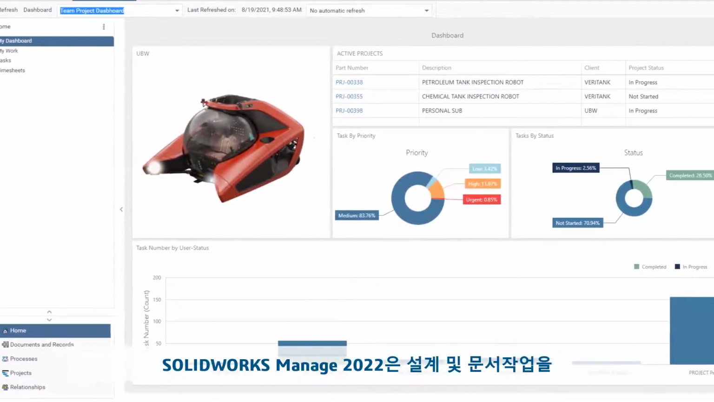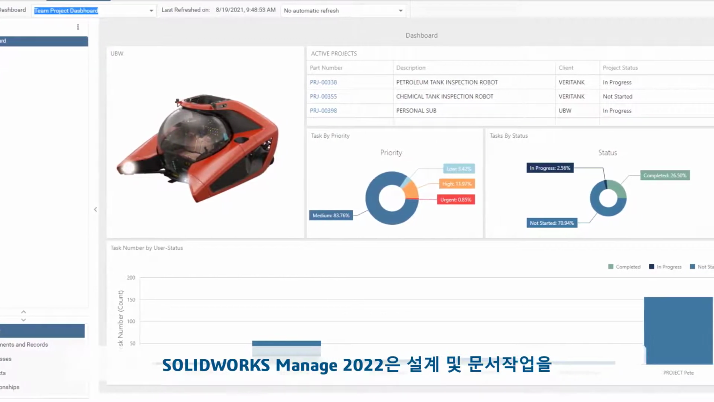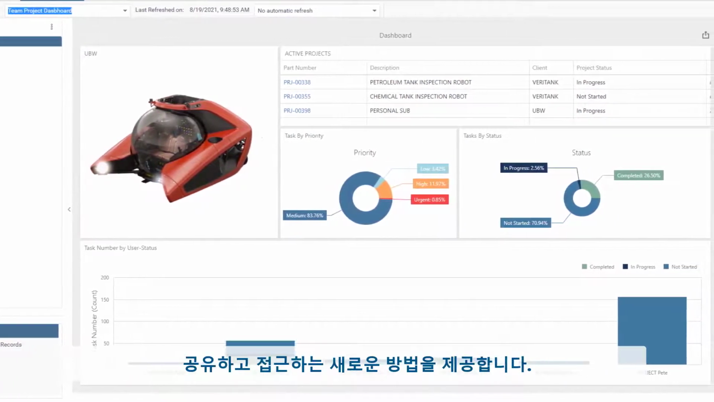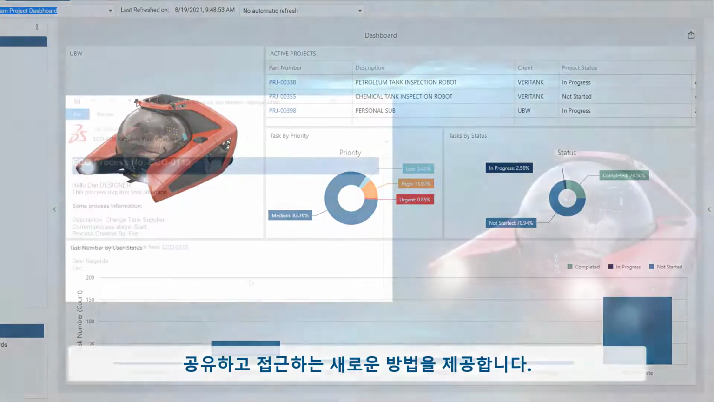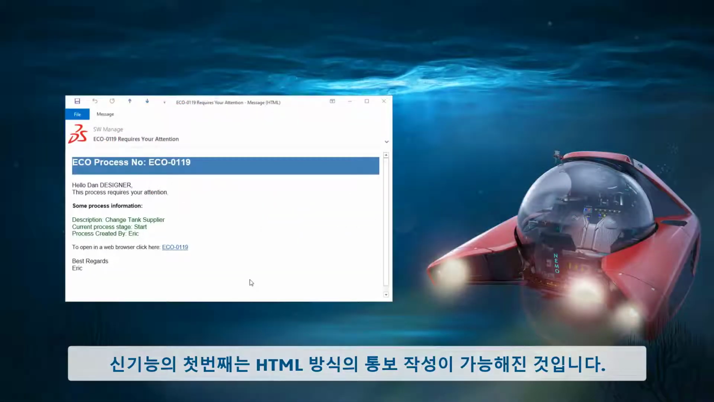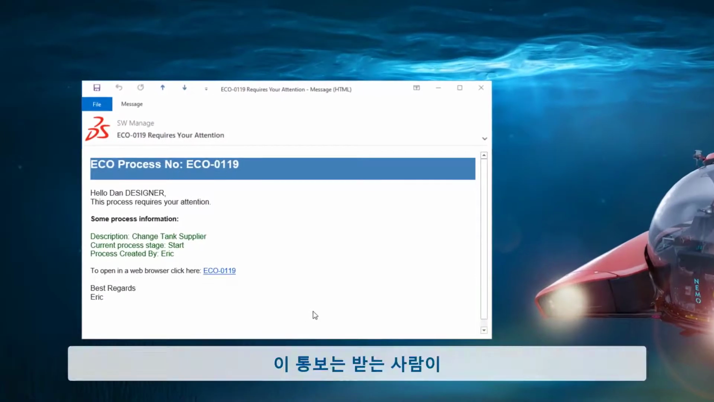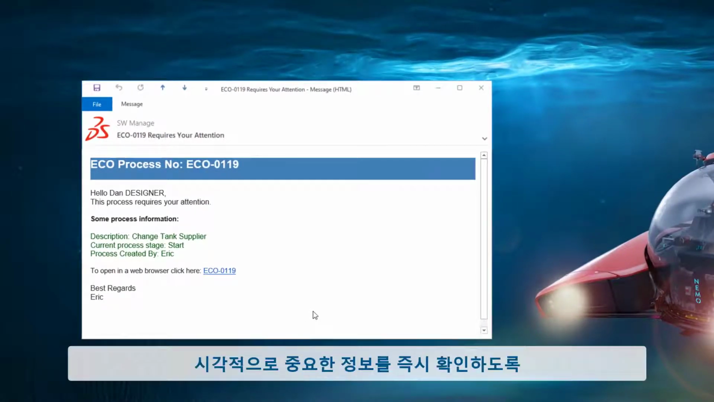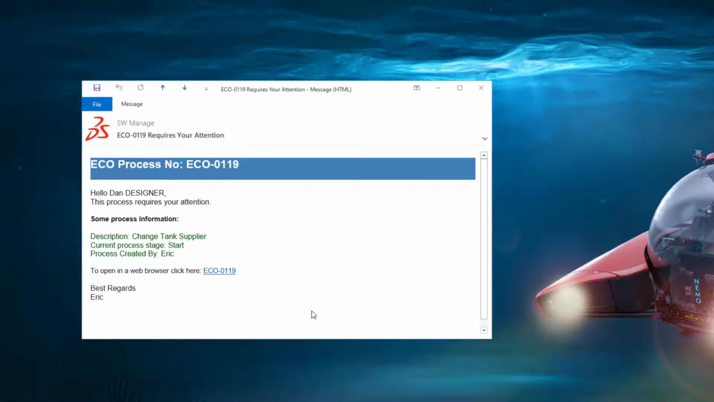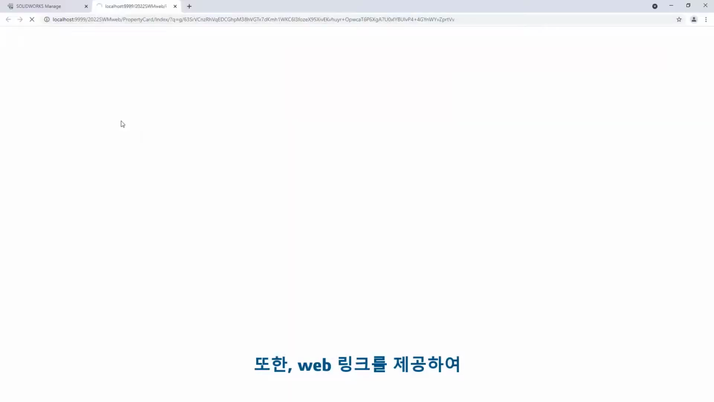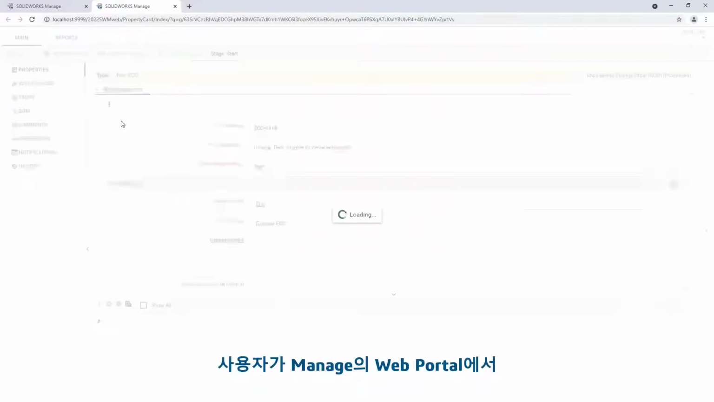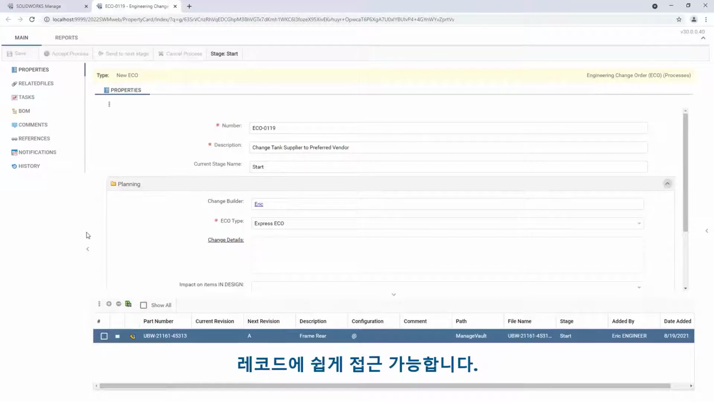SOLIDWORKS Manage 2022 introduces convenient new ways to access, share, and document your designs. New for this release is the ability to create HTML-formatted notifications. These notifications can be visually customized to highlight key information for users. Also new is the ability to incorporate web links, allowing users to easily access the record in the Manage web